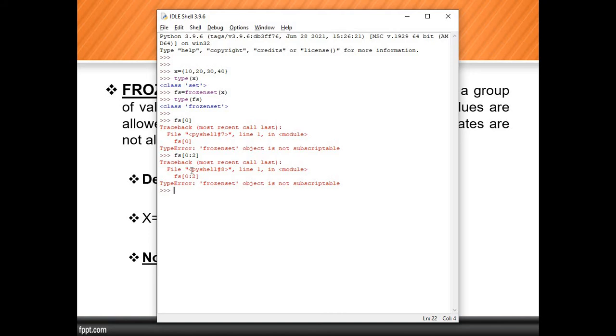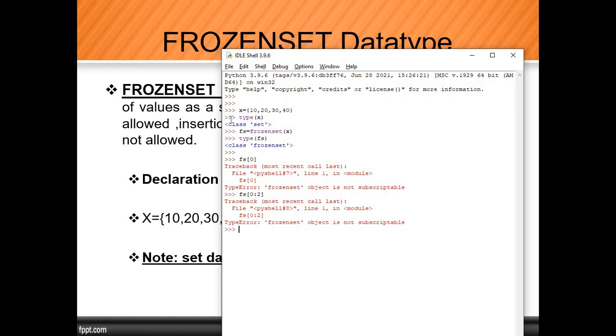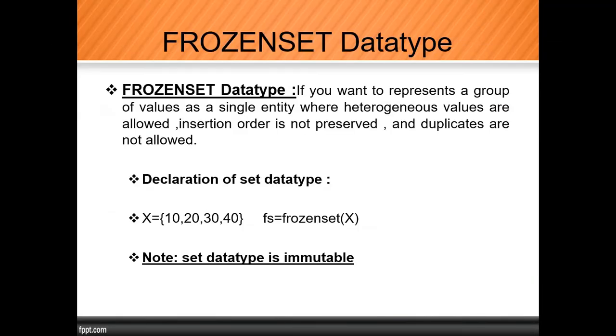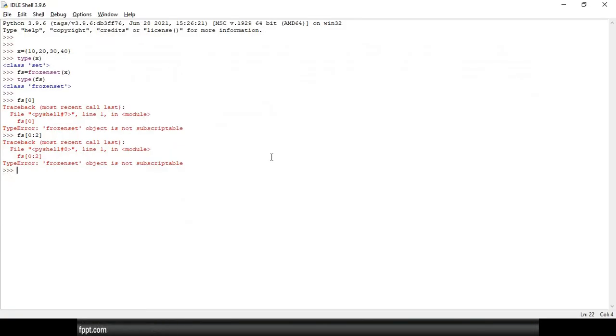Now another important question. We stored the values in a list and set, and after that we are trying to convert it into a frozenset, and we successfully converted it. So now my question is, can the frozenset remove duplicate values? Here I have given the definition, and inside that I am saying duplicates are not allowed. Do we have any proof to say duplicates are not allowed? The answer is yes, we have a proof.